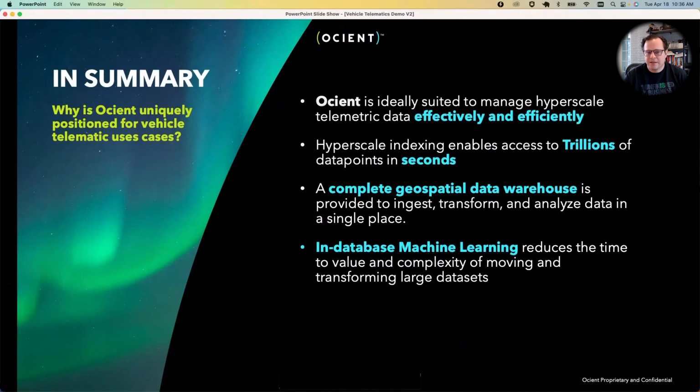And then in the last couple examples of the demo, we took a look at how easy it is to do machine learning against data at this scale in Ocient, all without moving data around and using SQL, which you're familiar with from running all of your other analytics.